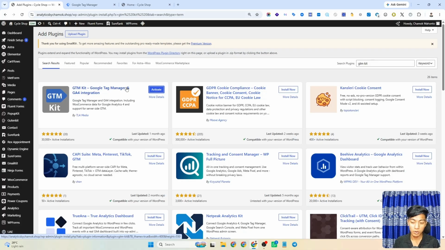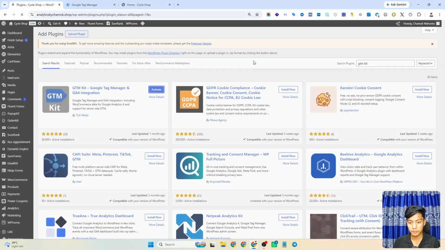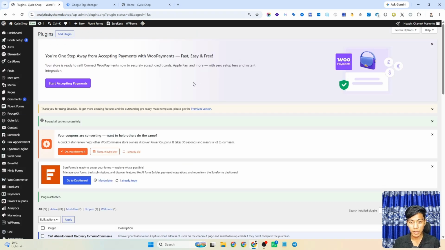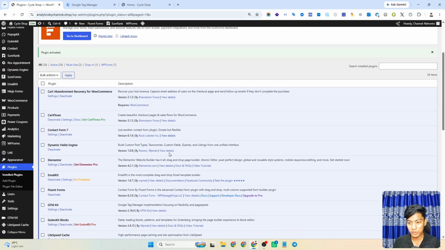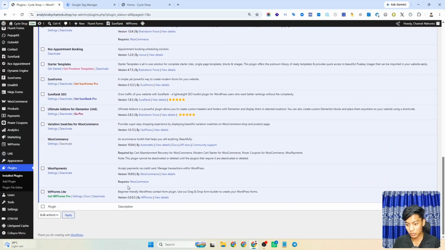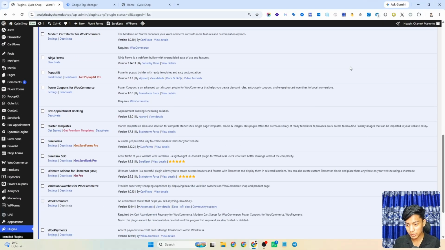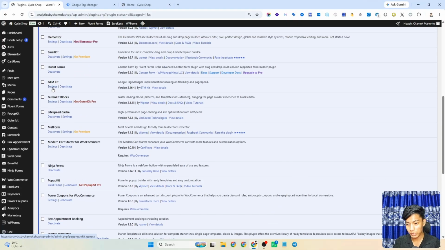So my plugin is already installed. I just need to activate it, so I click the activate button. So our plugin is already activated. Right now we need to configure our WordPress website with Google Tag Manager. So that's why we need to go to our plugin settings option. So I click here